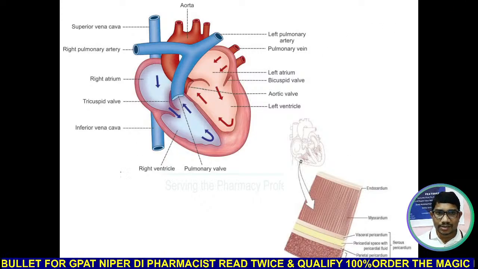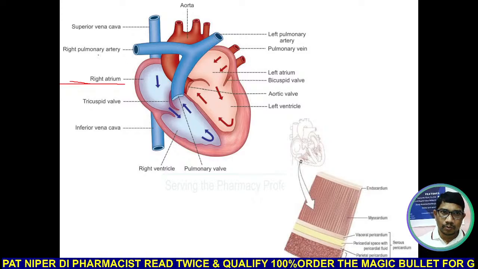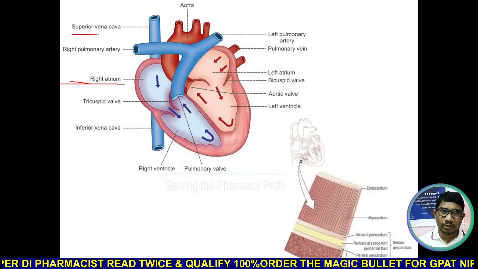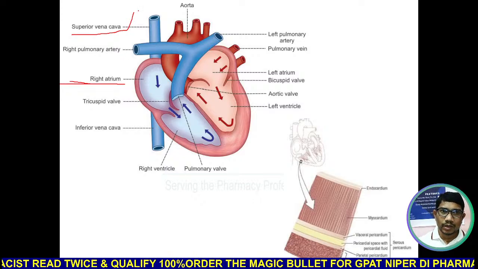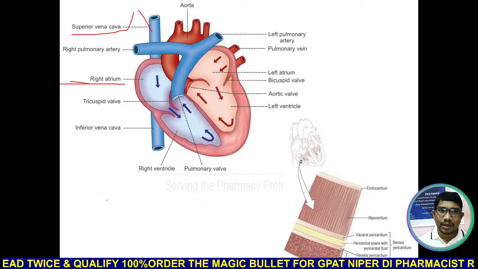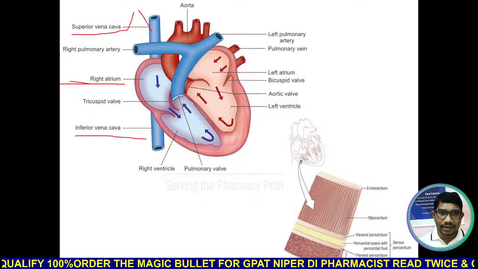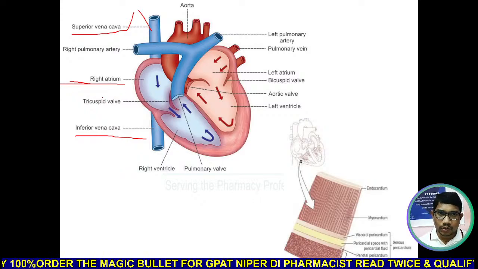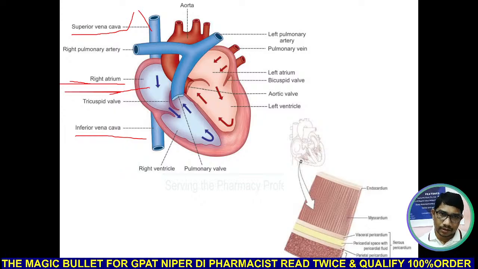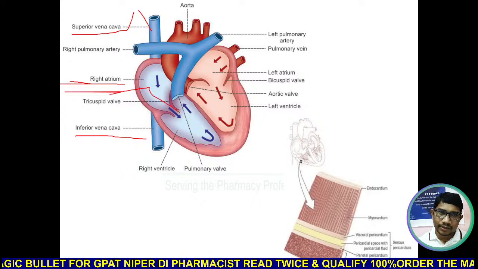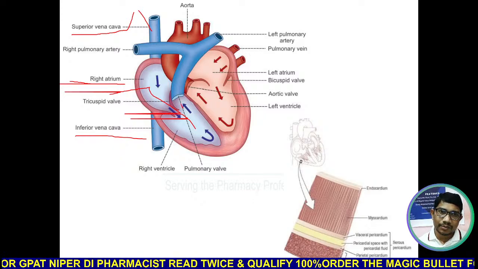We have seen the heart structure, flow of blood. देखो यहाँ पे this one is known as the right atrium. So deoxygenated blood from the upper part of your body will be carried to the superior vena cava, and from the lower part of your body, the inferior vena cava will drain the content in the right atrium. तो impure blood आएगा right atrium में, right atrium से blood जाएगा आपके right ventricle में, right ventricle से blood जाएगा आपके